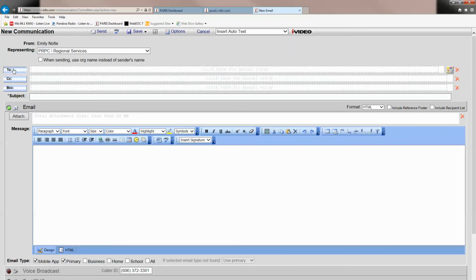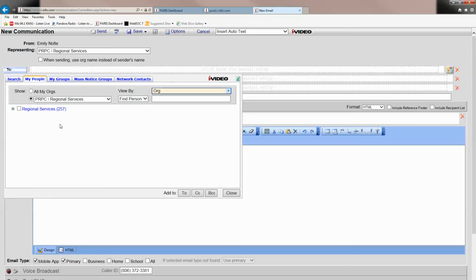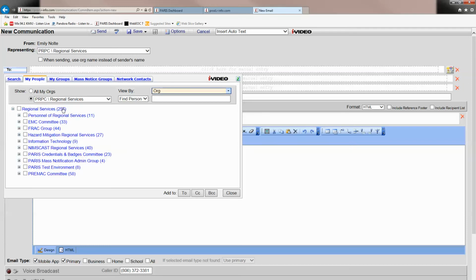This is still the same as what you're used to in your To category. Let's go through each of these tabs. My people, that's going to be your personnel. This is not citizens, this is personnel. You can see I have regional services, and then I have the several different groups that are part of regional services. If you're at the county level, you may have departments in here. If you're at the city level, you may have departments in here. You may have volunteer groups in here. You may have city council or commissioners court that are listed in here. But these are individuals that are a part of your program,